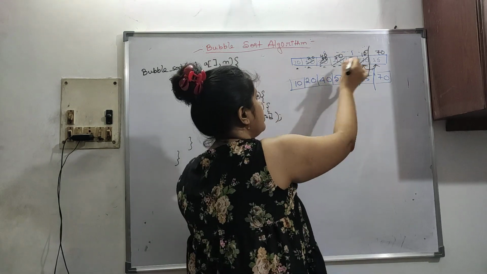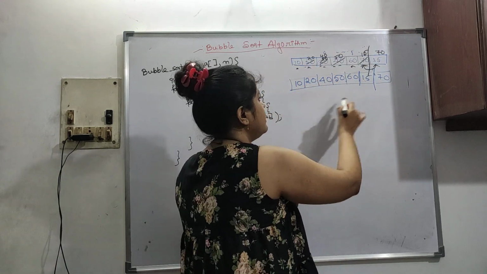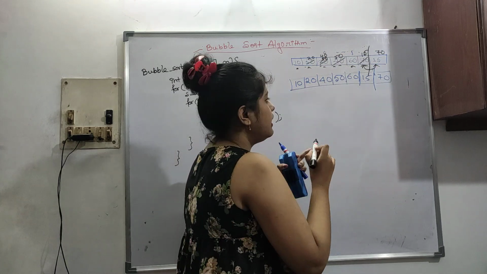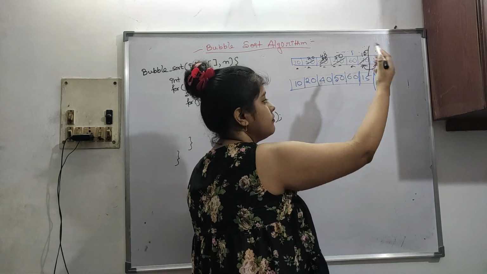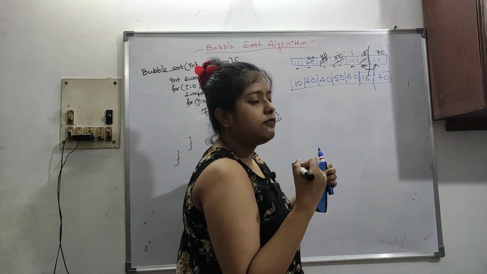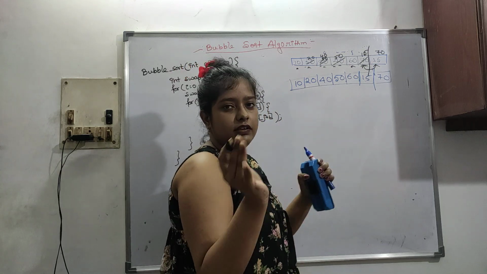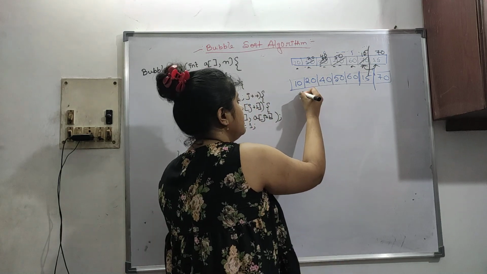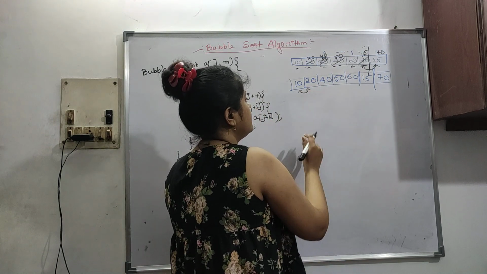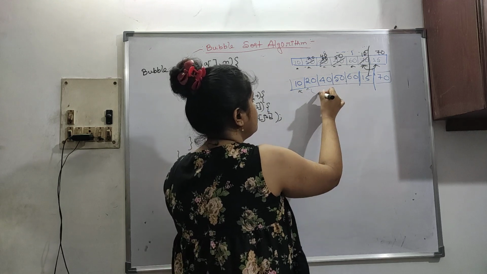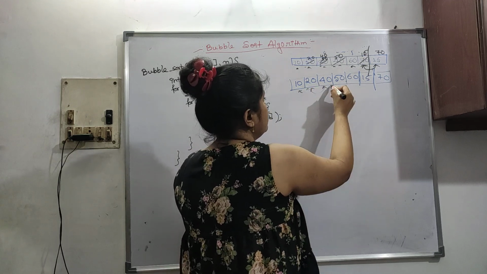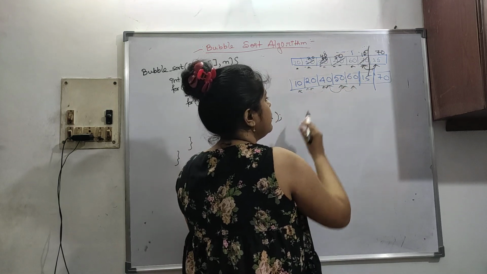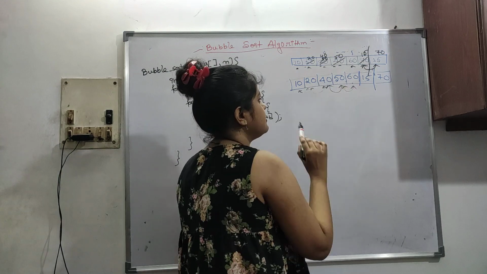So this was just one pass of this algorithm. We have to check again, and when it is over, 60 should be at the right position after 70. So like this, we have to check again. Don't assume that everything is done after this one pass only. Now let's see, 10 and 20, it is already sorted. Then 20 and 40, also sorted. Then 40 and 50, also sorted. 50 and 60, sorted, because 50 is less than 60.